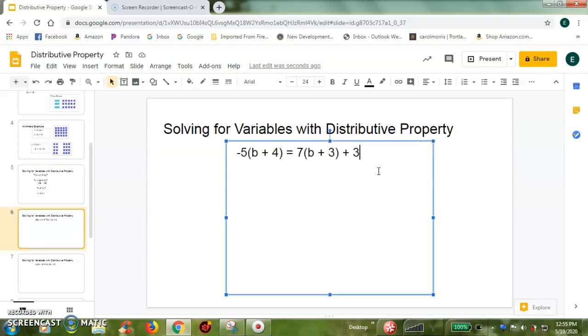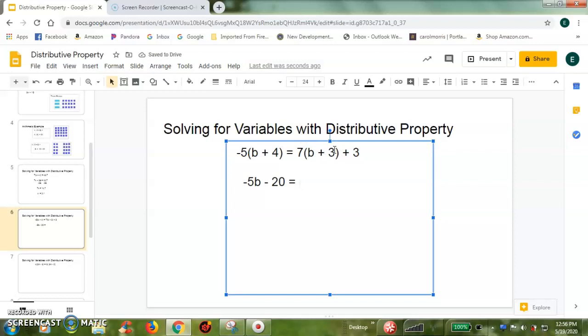All right, so there are a few interesting things about this one. First thing I want you to notice is we have a negative here. When you're distributing a negative, you do distribute this as -5 times b and -5 times 4. I'll show you in another slide why that works, but let's just distribute it as -5 for now. So I end up with -5b minus 20 equals,